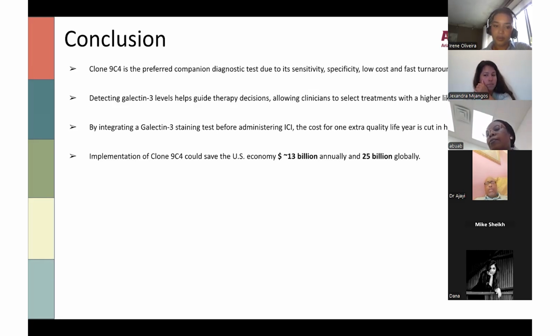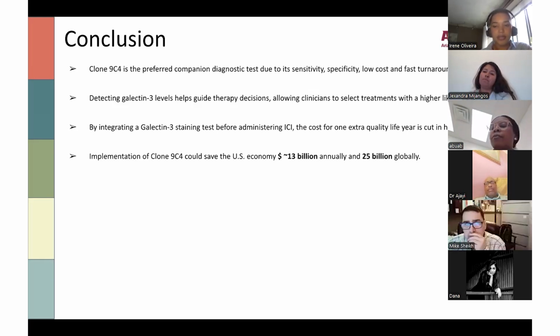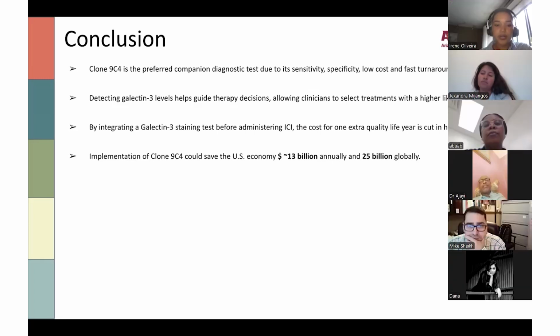So all these findings highlight how integrating a companion test is not only a clinically sound decision, but also is cost effective. So this research study aligns with the growing push for precision medicine, which is treating the right patient with the right therapy and also at the right time. So moving forward, when we adopt the galectin-3 as a companion test, we can improve so much the